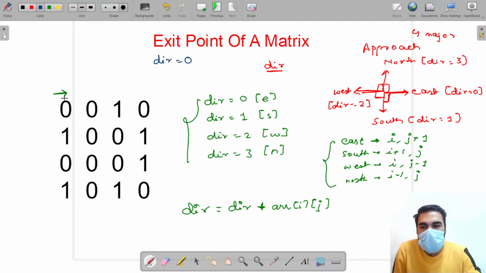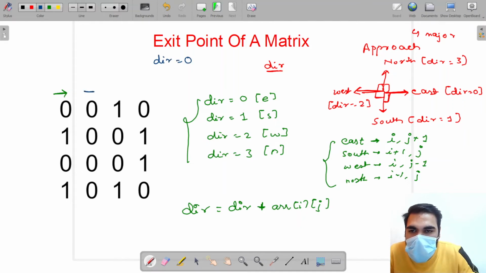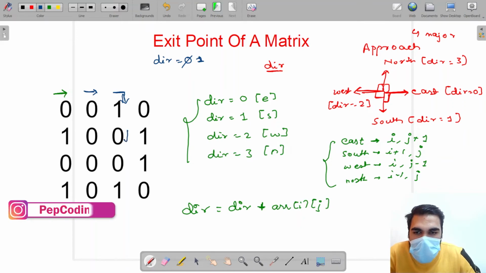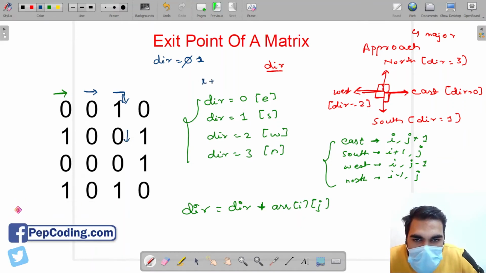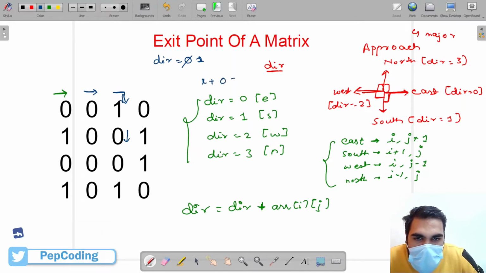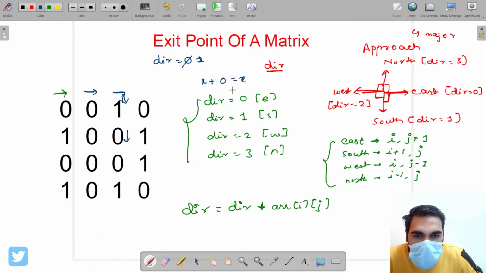You encounter 0, so you move in the same direction, that is east. Again you encounter 0 and then 1. When you encounter 1, you update your value to 1 and you move in the south direction. Then 0: any number added with 0 is the same number, so there is no need to change the direction.